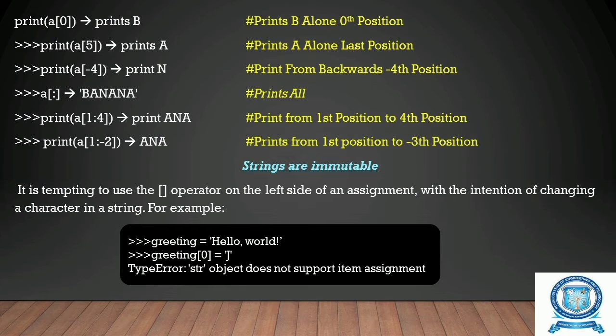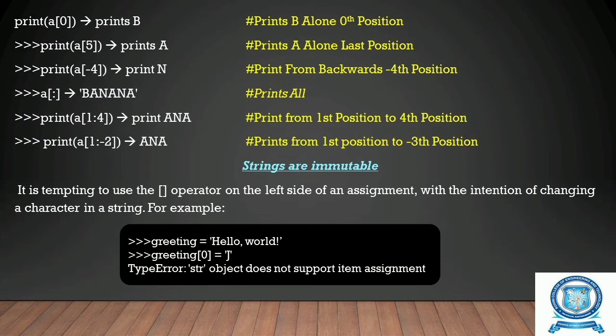In this case, we have to print the elements from the first position to the position before 4, that is index 1 up to the position before 4. Okay, so that is the third index. So we are calculating as ANA. Okay, so 1, 2, 3. The index values are 1, 2, 3 because it is the position before 4. Okay, so we will get ANA.